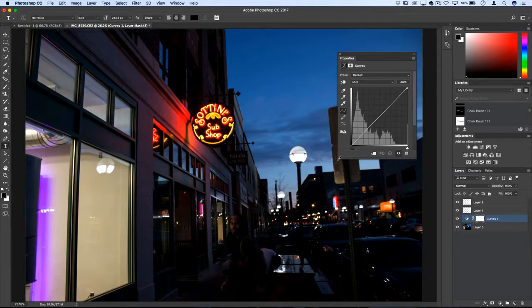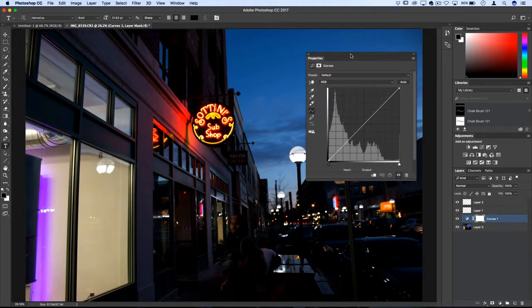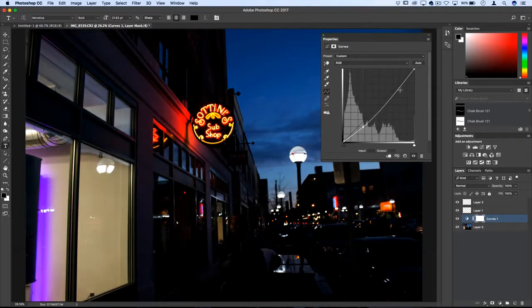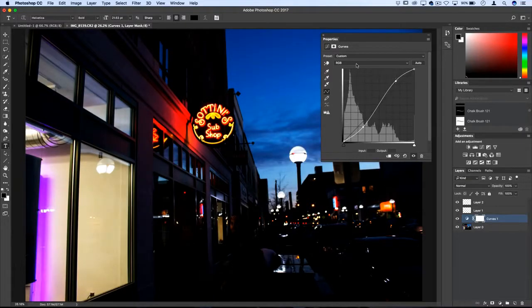And I'll make it a bit bigger to work with. So this is just one example of an adjustment in Photoshop. This is a pretty powerful color adjusting tool called Curves. So this line represents the dark points and the highlights of the photo, and you can click and drag points on this to darken or highlight things, and you can switch to different color channels like red, green, and blue,